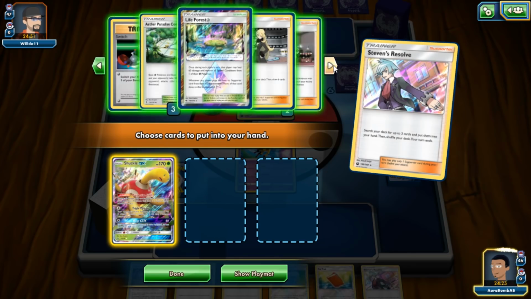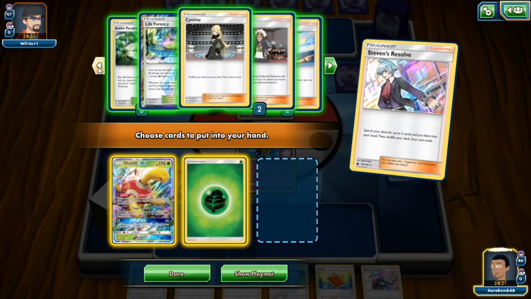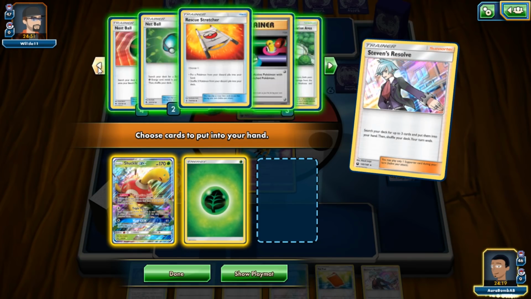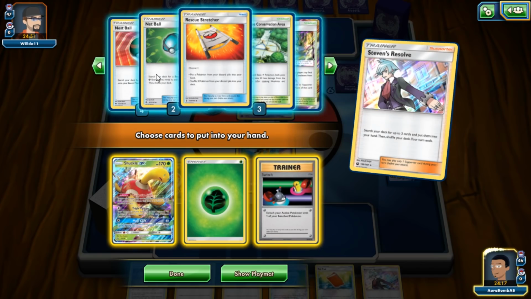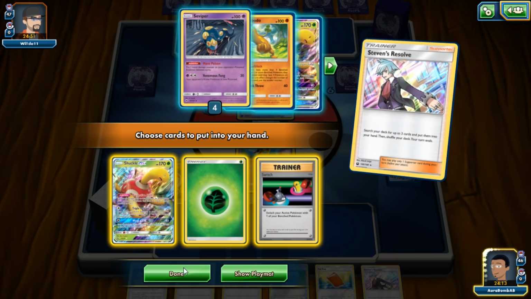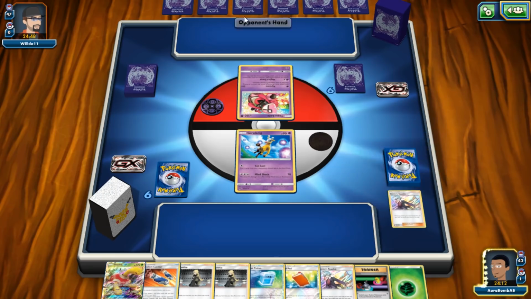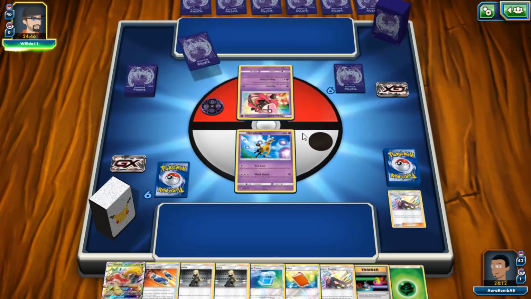I want a Grass Energy. We have a draw support in hand as well. So Grass, and maybe a Switch in case he doesn't do anything, like he doesn't put any Pokemon in the Lost Zone. Having a Switch could be pretty nice. So yeah, we'll grab these. We'll just pass it up. Because if he doesn't put any psychic energies in the discard pile or anything that's important, we